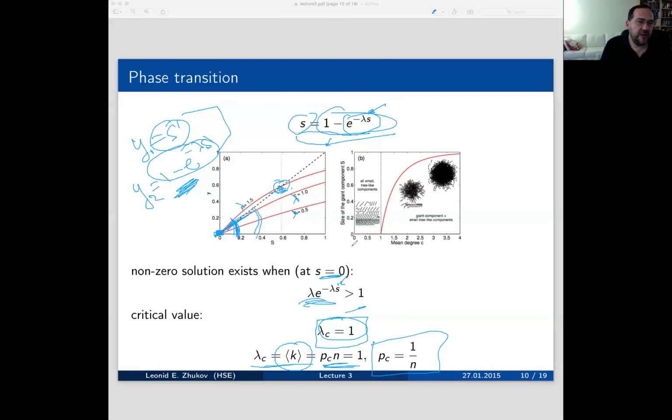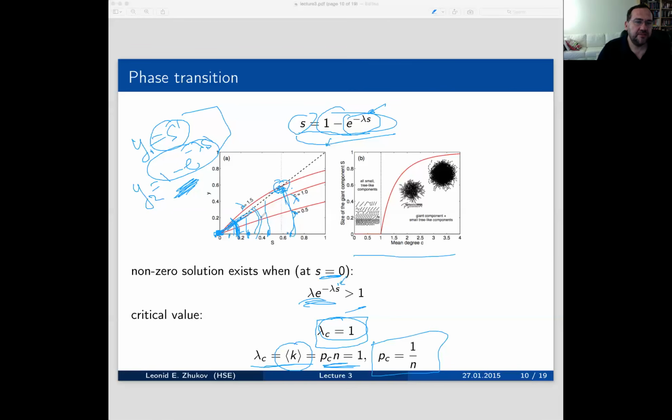If we try to draw the size of the connected component, it is actually this solution, so it's this value. This would be the size of the connected component. Let me try to undo this. Okay, I cannot undo it, just one. All right, this will be the size of the connected component. When we just go above the horizontal line, we have a small connected component. Then it gets bigger, and the solution becomes larger.